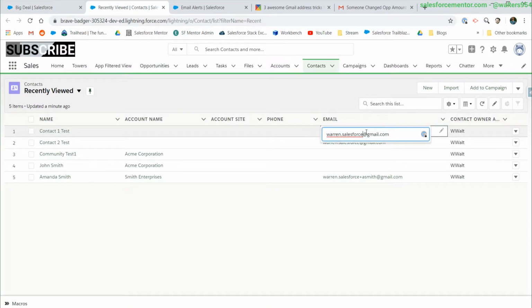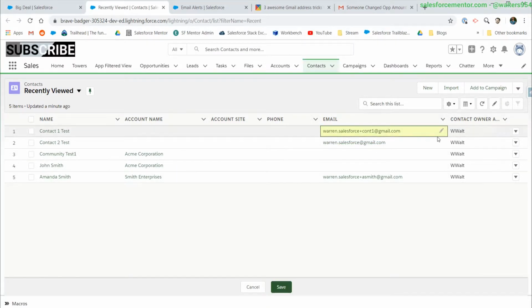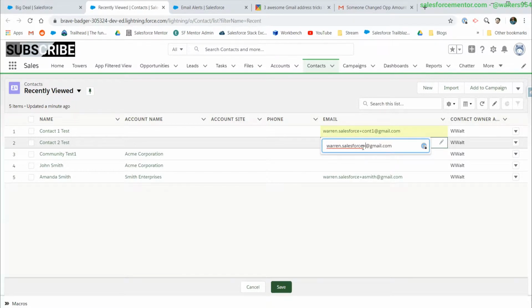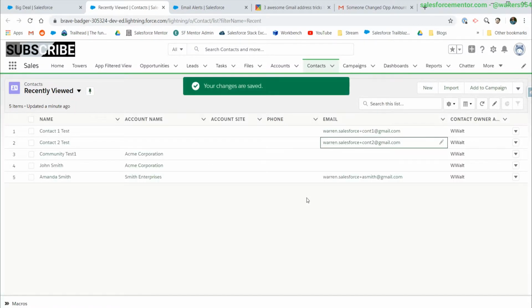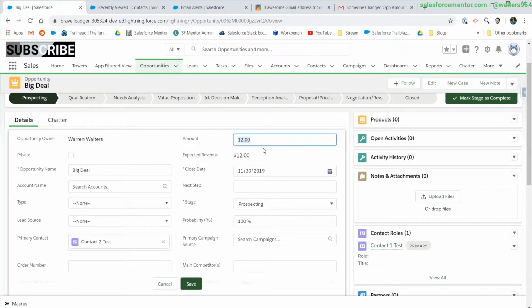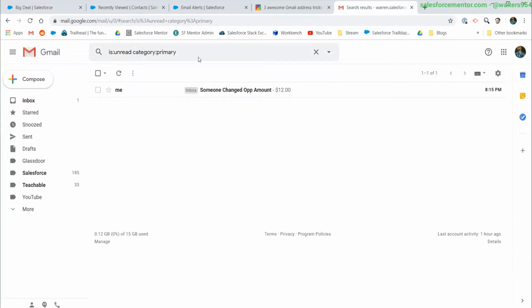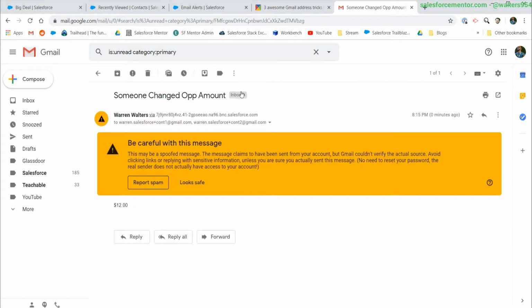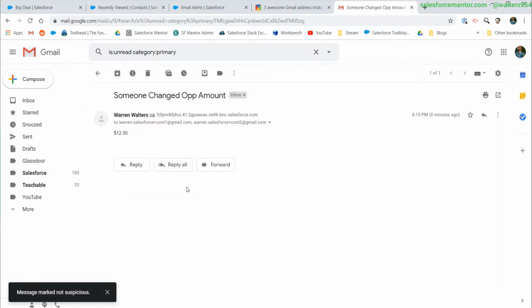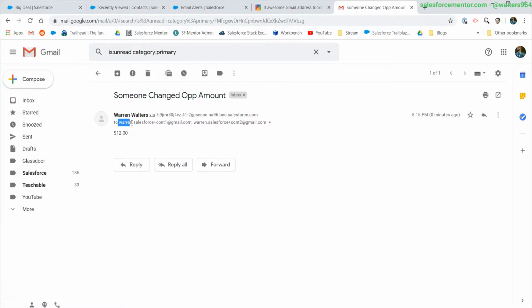So if I update these emails and add in cont1 plus sign cont2, hit the save on that, and then I run this again to do my alert. So now when I take a look at the emails that came through, since we changed both of those contacts to have that plus sign in, I actually got to see that both of those related contacts are coming through,